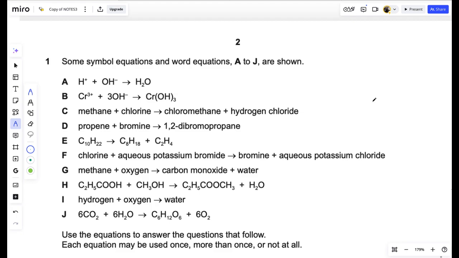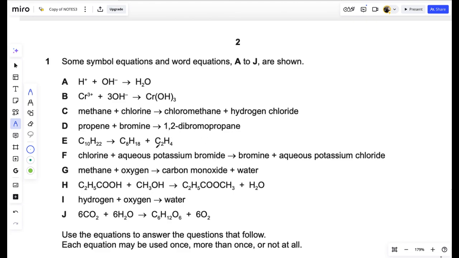We have some symbol equations and word equations from A to J, and they're shown. Now, let's take a look at the first one. Hydrogen ion plus hydroxide ion gives water. Chromium plus hydroxide ion gives chromium hydroxide. Methane plus chlorine gives chloromethane and hydrogen chloride. Okay, and then propene plus bromine gives